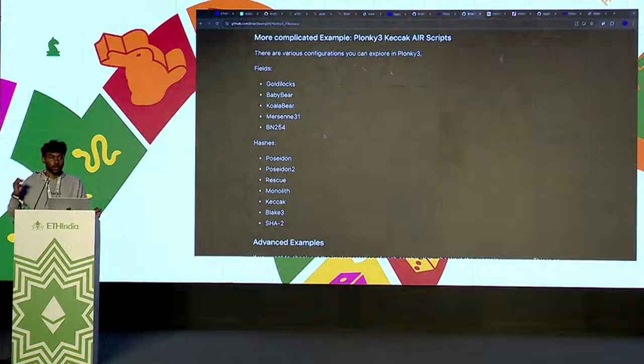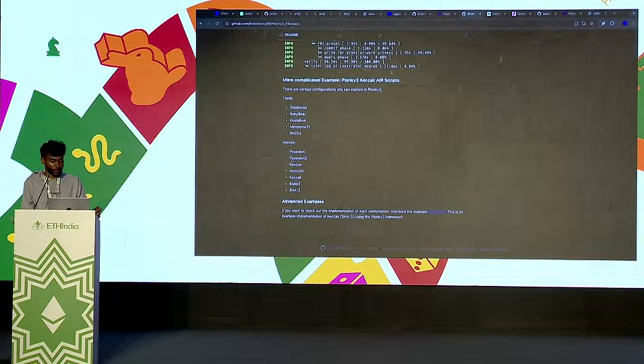It depends on what you're trying to do with your ZK circuit. If you want a smaller proof size or faster proving time, you need to alternate, depending on what kind of ZK circuit you have. So you can switch and swap between fields and hashes and get the most efficient ZK circuit. That's one of the examples for Plonky.